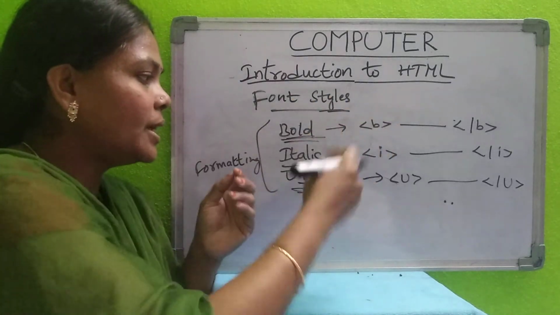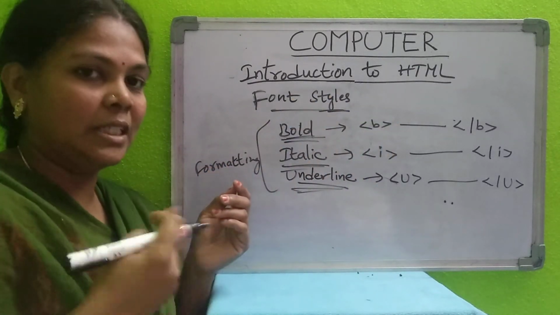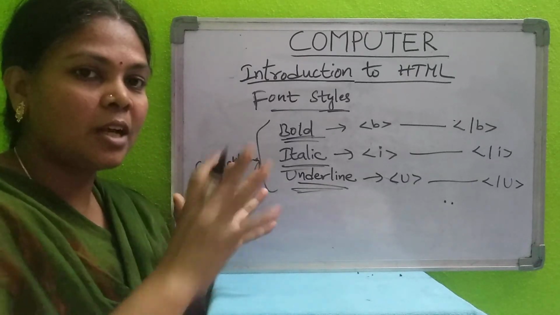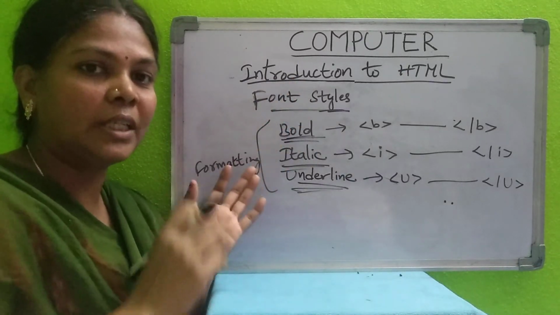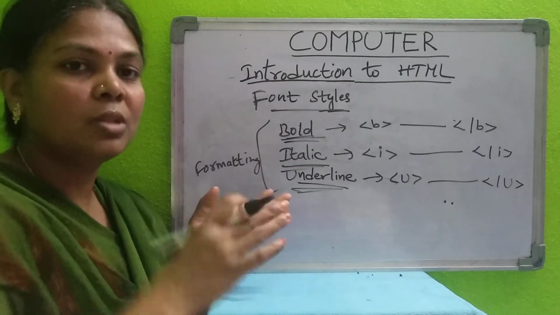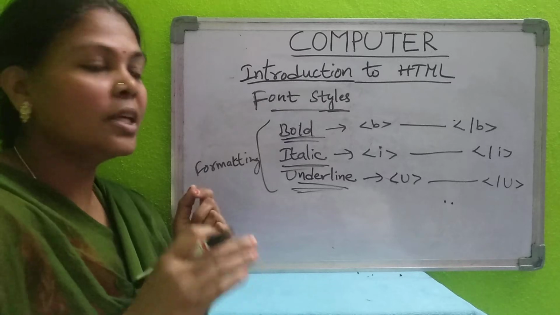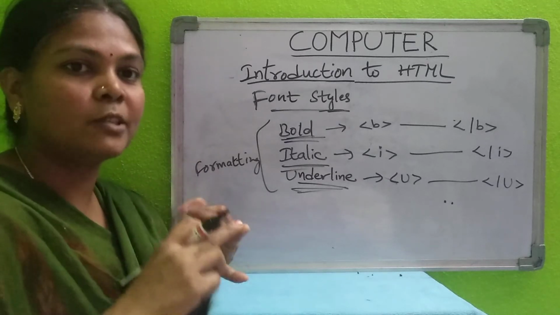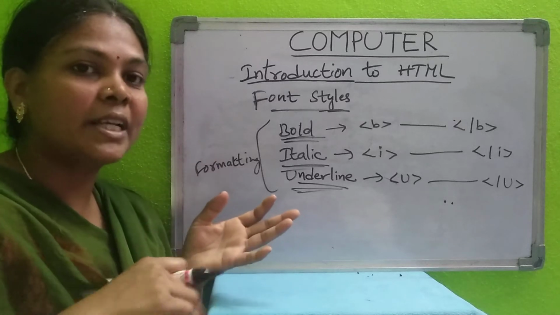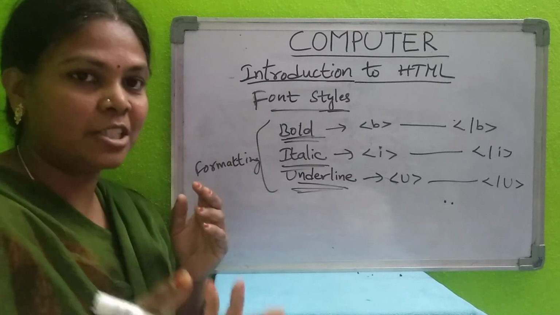Okay, how to display those in new lines, line by line, that we will learn in next class. Just we will see how to write the coding, how to use the tag, how to write the program, how to save it, how to view that. That's it. Okay, remaining about colors, backgrounds, background picture, and displaying line wise, all this we will learn in next part.